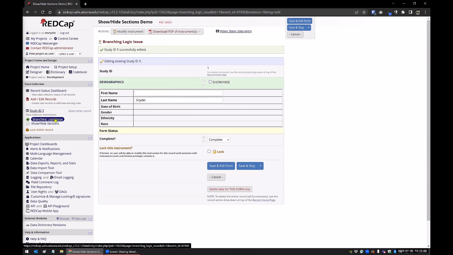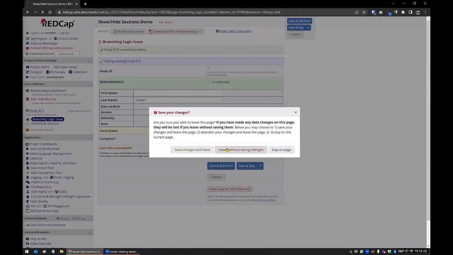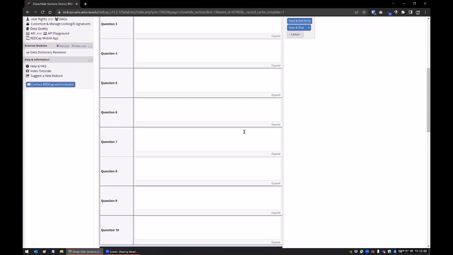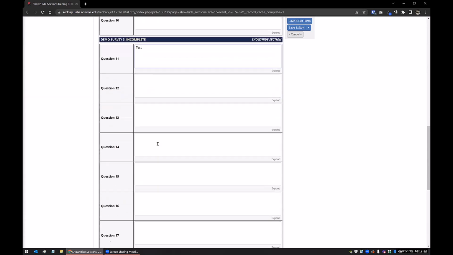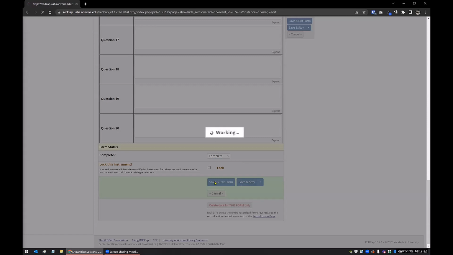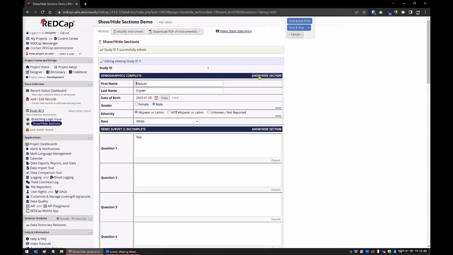So she and I had kind of looked at it to see if this show hide functionality with Bootstrap would work. And so this is the same sort of form with Bootstrap. I just have like 2 surveys here, 3 surveys here, just to mimic how you would be scrolling through all these. If I mark these as complete, we'll hit save and stay. Now, if I hide the section,